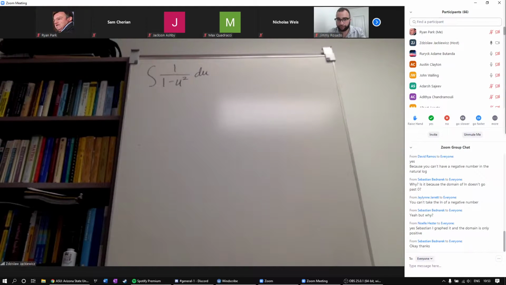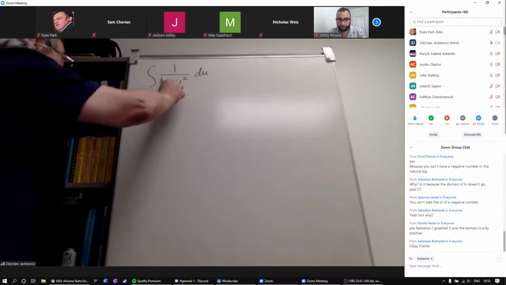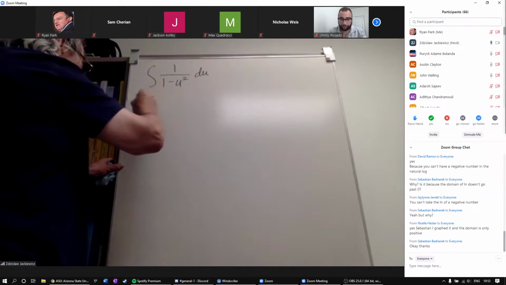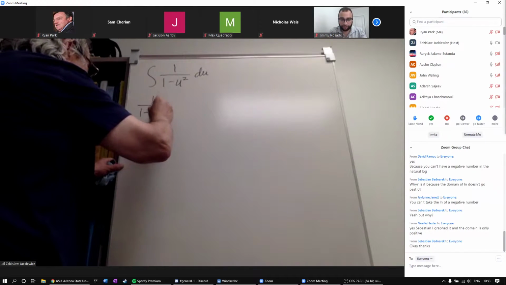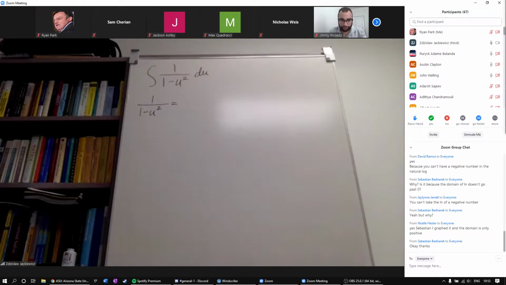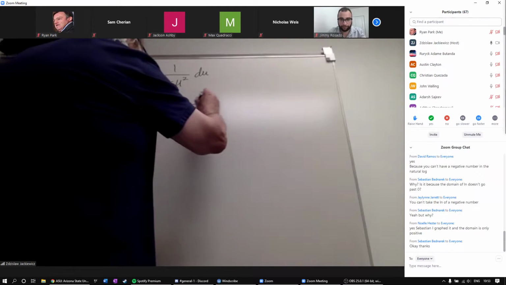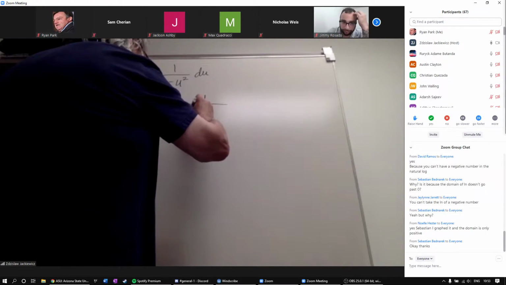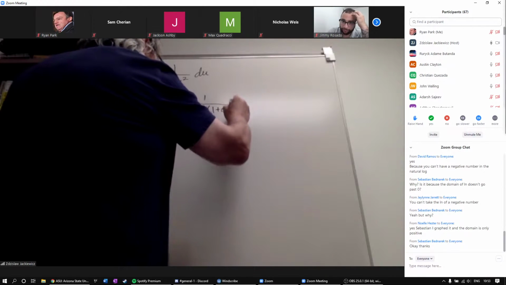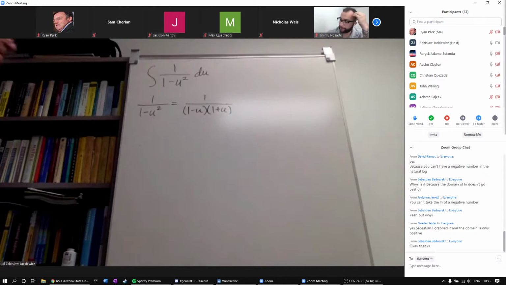Okay, so the approach is like this. Let's write this in a different way. Namely, let's work on this. Let's factor the denominator. Well, that's equal to 1 over 1 minus u times 1 plus u. And then